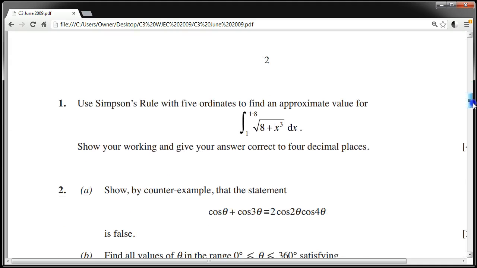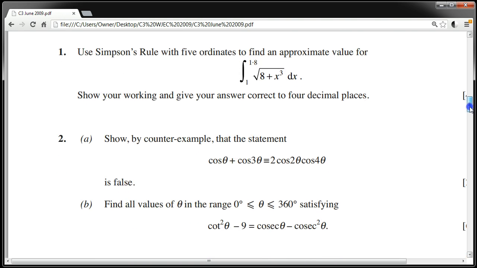So here's Simpson's rule. The nice thing with this one is the integrand's quite easy. Easy to put in the calculator and work out the values, and it's a simple Simpson's rule, so that's very straightforward, isn't it? If we work to 6 decimal places, then round the final answer to 4, we should be okay